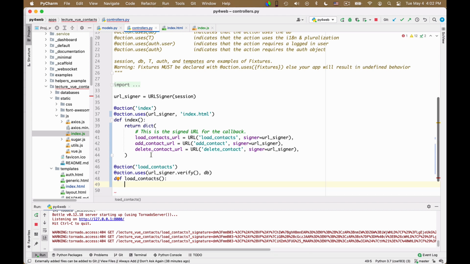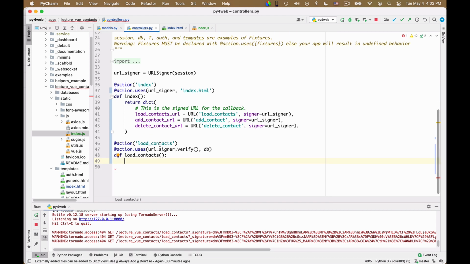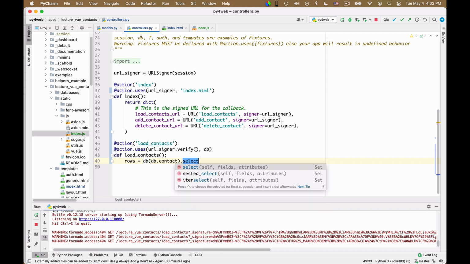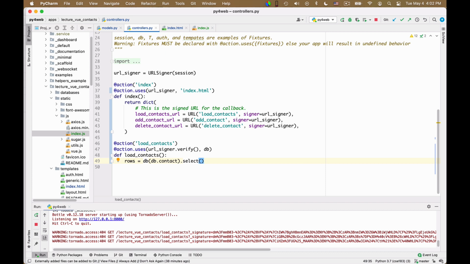And so the job that I have to do is to produce a list of database rows. So actually that's easy to do. I can say rows is equal to db.contact. This is a table, and I say select. This will fetch them all. So I'm not checking that you are displaying only your own contacts as a logged in user.